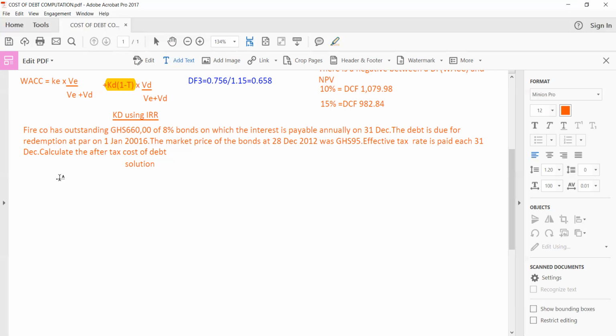The examiner is teasing your mind into computing the cost of debt yourself. Right? So how do you go about it using the internal rate of return perspective? We can compute using the internal rate of return perspective by looking at it from the point of, first of all, the year here. Then move on. The next column becomes the item. Some people tend to put it over their cash flow. It doesn't matter, right? Then item over here. Then this time around, we come to the proper cash flow. Then we have